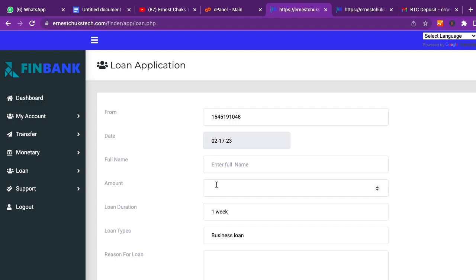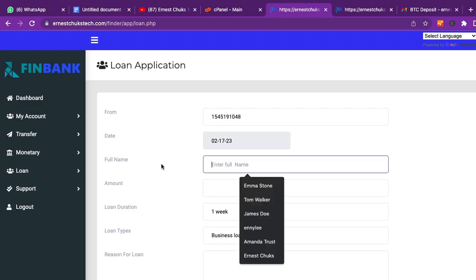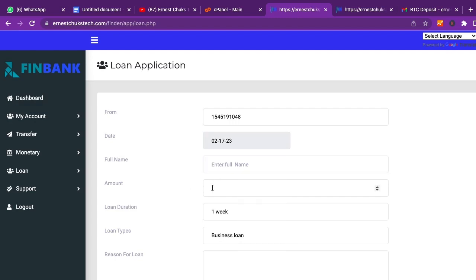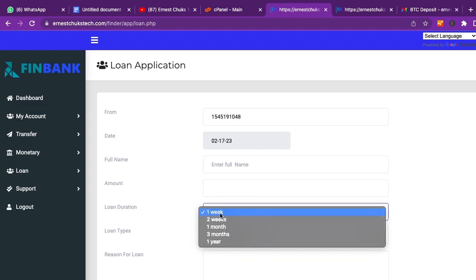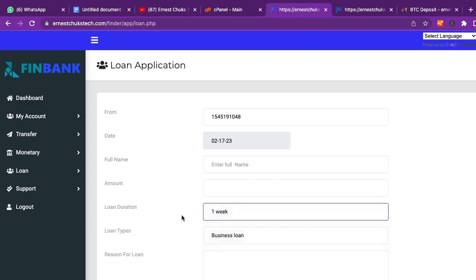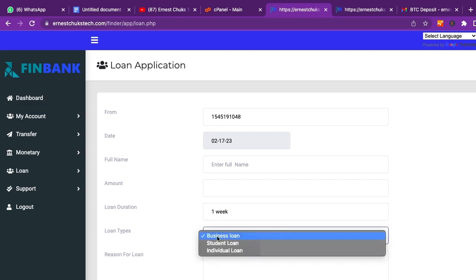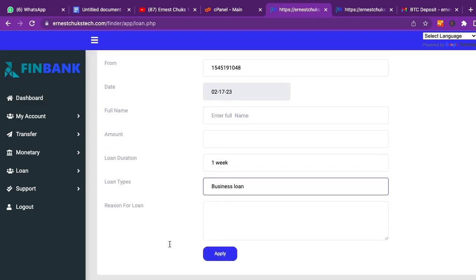Then you enter your full name, the amount you wish to loan from the bank, and the loan duration: you either choose 1 week, 2 weeks, 1 month, 3 months, or 1 year. Now the loan type is business loan, or you choose a student loan or individual loan. For the reason for the loan, you type out the reason here, a paragraph or two,